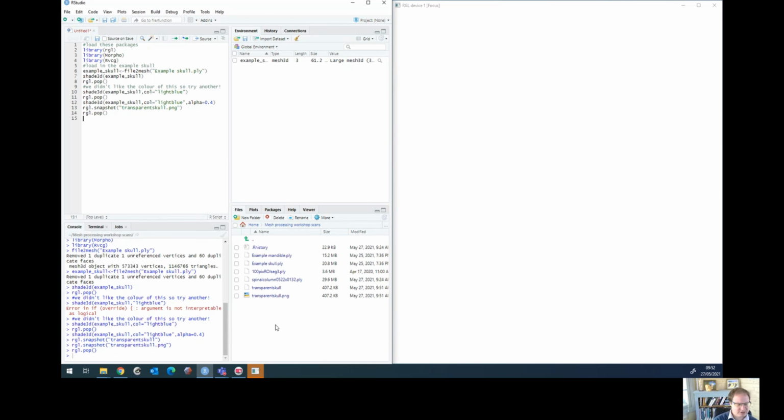But we want to be able to do things like smooth, decimate, upsample, downsample, remove any isolated parts, subdivide, tell the difference between different surfaces. So what I'm going to do now is use a function in RVCG which is smoothing, and this is the same smoothing techniques that you can use in MeshLab. And it being R, we can do this for one file, but then we can also script this so you can do this to a whole directory. So the command is